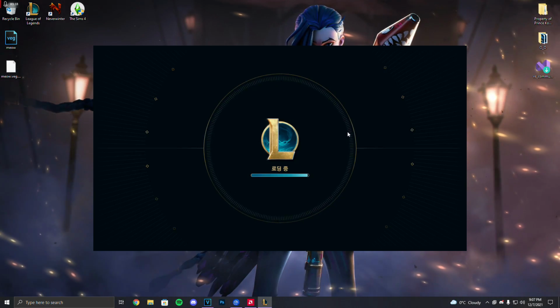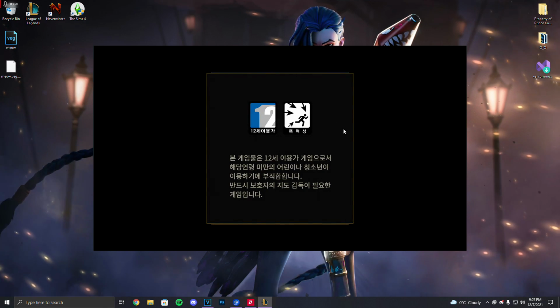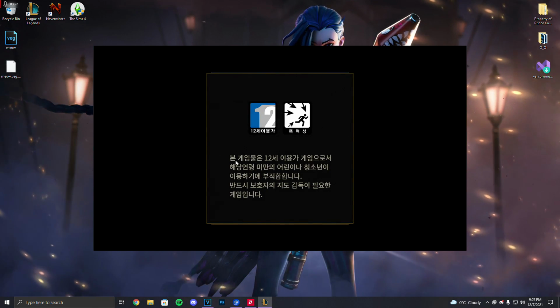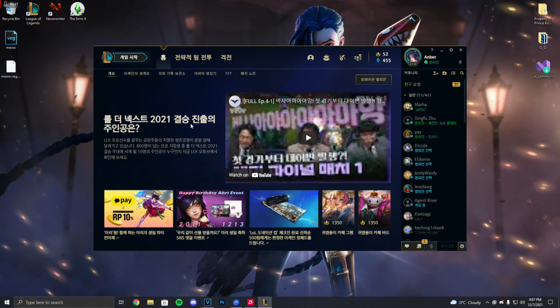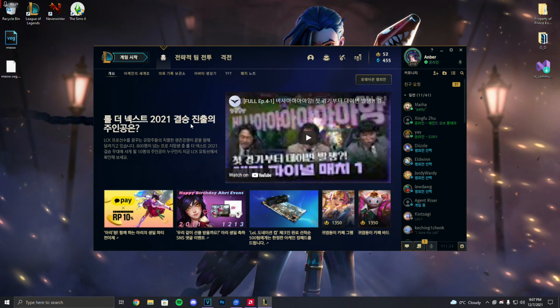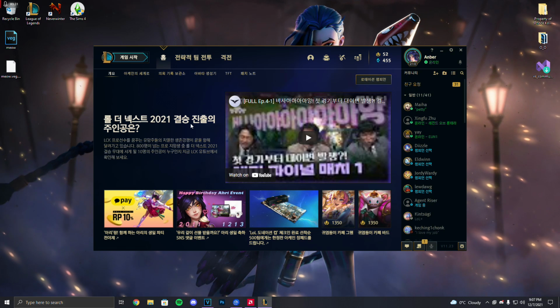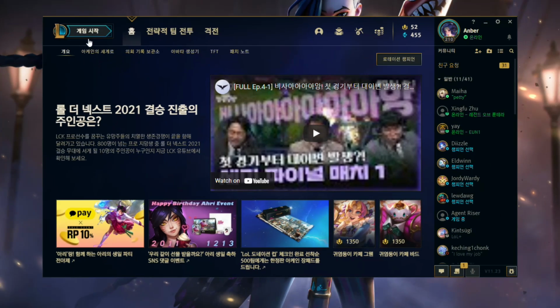The launcher is loading. We get this thingy that every Korean launcher has in Korea, so I don't really know what it means, but if any of you understand Korean, you could just drop it down in the comment section below. I'm really wondering what that means. So anyway,